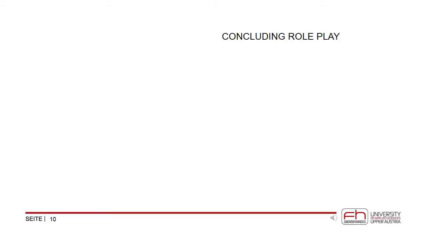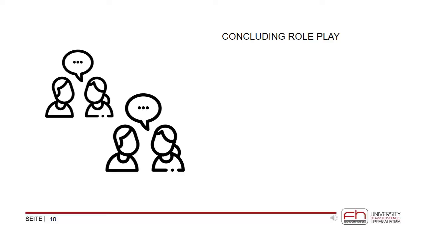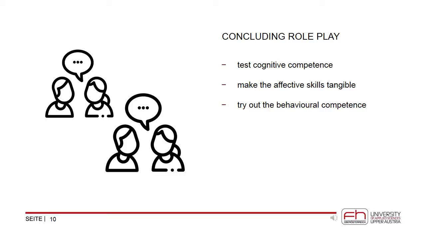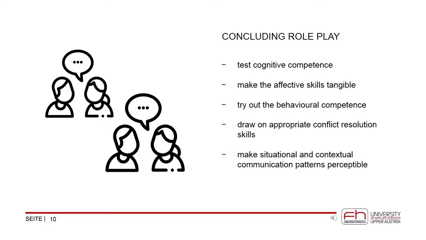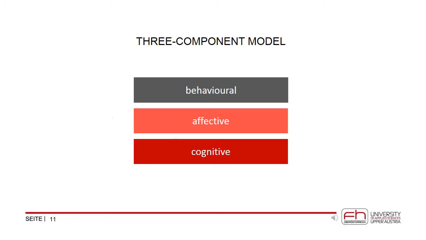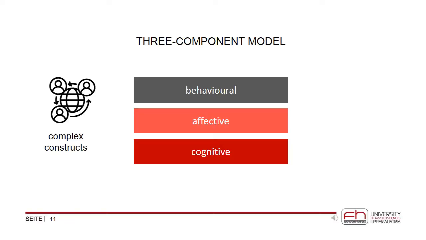In a concluding role play, which involved the entire cohort, the cognitive skills are tested, shifted, and adapted. The affective skills are made tangible, and the behavioral skills are tried out as well as adapted in the context of intercultural negotiation. The aim is to draw on appropriate conflict resolution skills and to make situational and contextual communication patterns perceptible. The three-component model with the aim of broadly diversified competence development allows complex constructs such as diversity competence